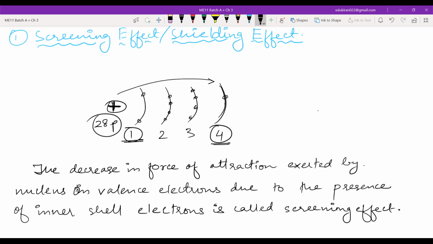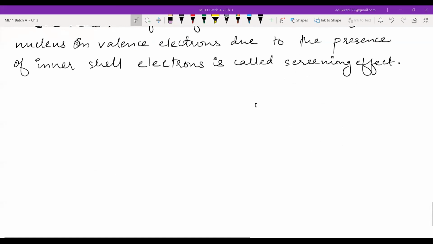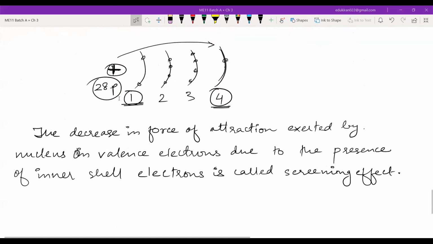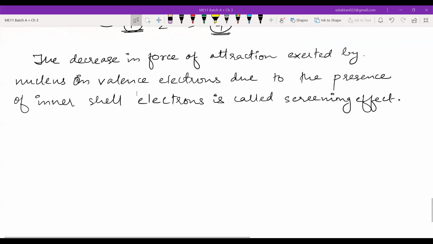Okay, is everyone done? So we have seen the effect of the shell. If something is as far as the fourth shell, then obviously the fourth shell electrons will be experiencing some less positive charge, some less nuclear charge than the third shell electrons.